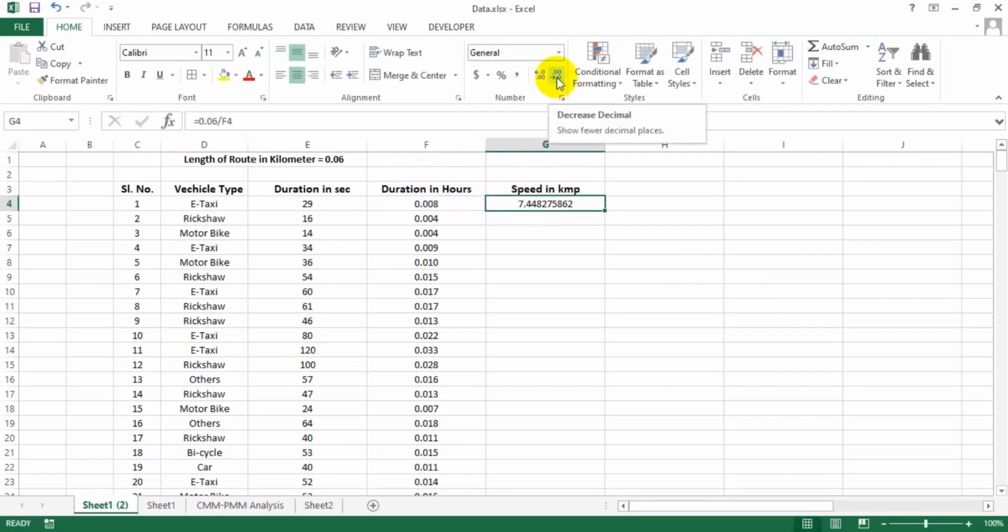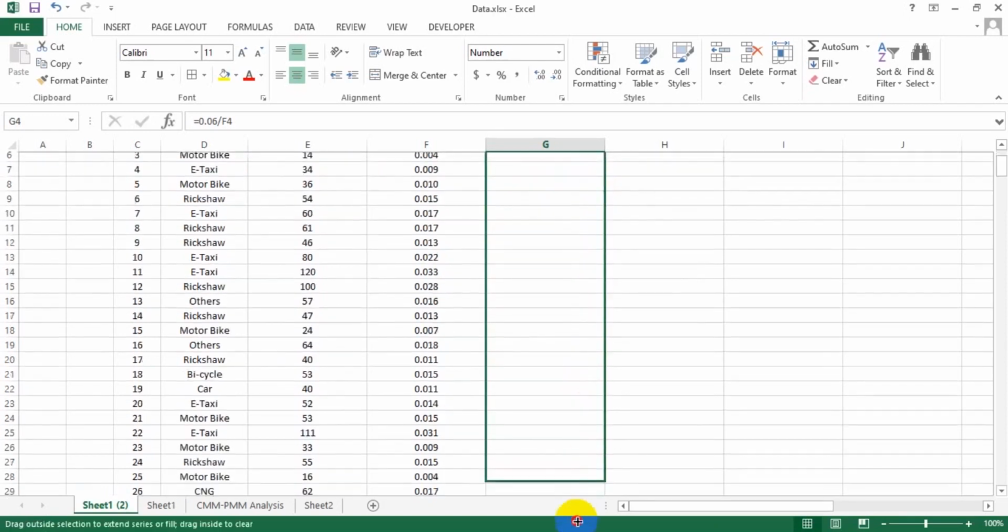Now hit enter. Let's decrease the decimal point. Now again put your cursor at the corner of the cell, and when it turns black, drag it for all the cells.